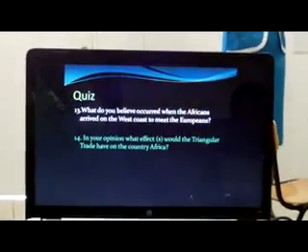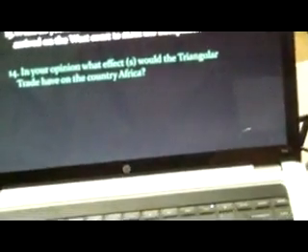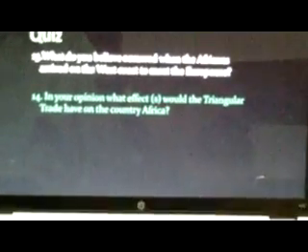Alright, just take the last two questions, and this will be your assignment for homework. The last question asks, in your opinion, what effects would the triangular trade have on the country of Africa? Right? So you are coming with ideas next class, and we're going to